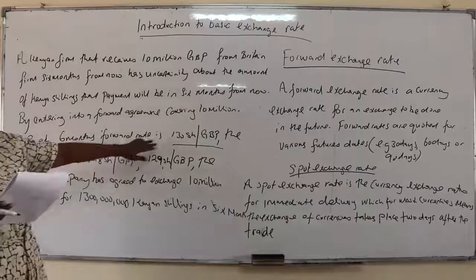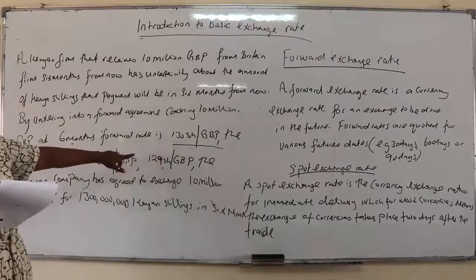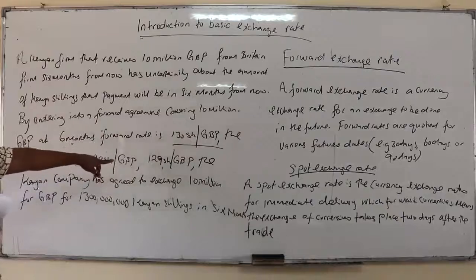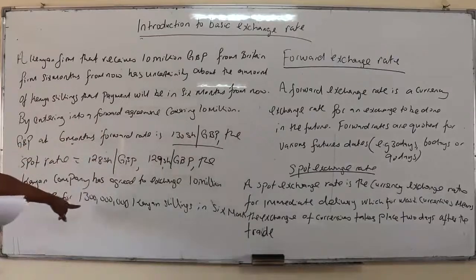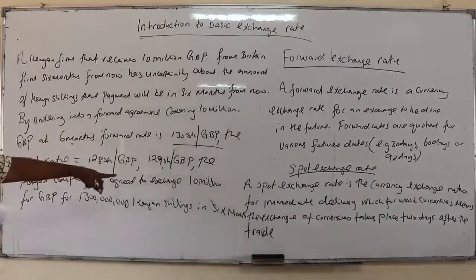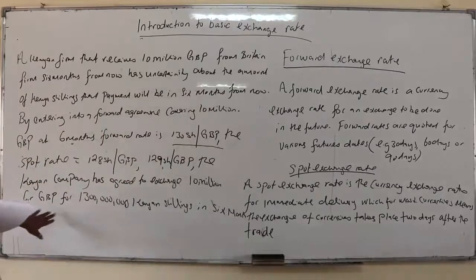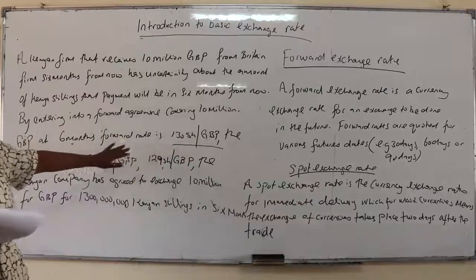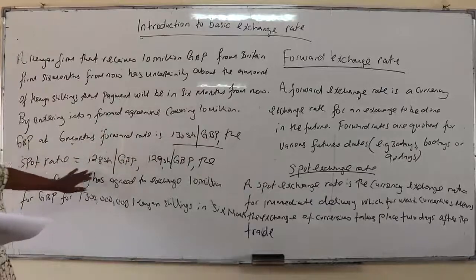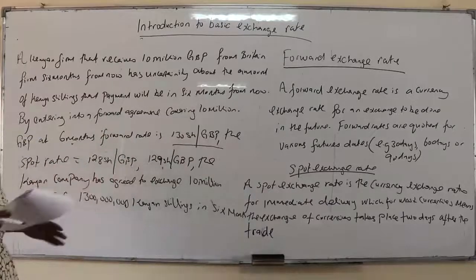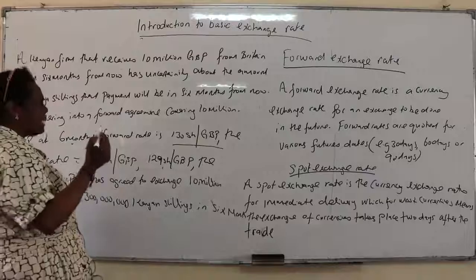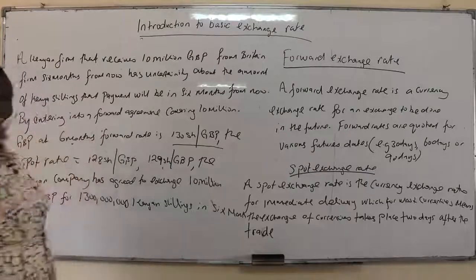So we take 130 and multiply by the 10 million which the Kenyan company is supposed to receive in 6 months. So this is an example of using a forward rate instead of the spot rate, because the spot rate after 6 months